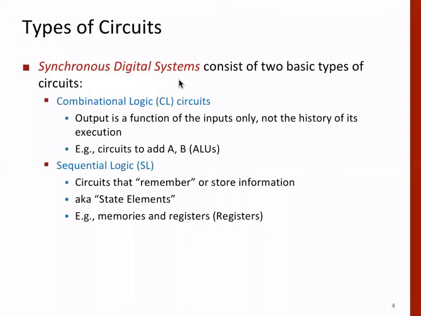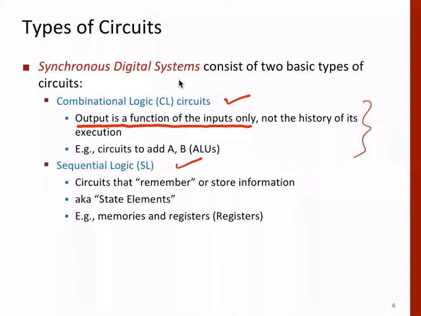I'm sure that you know the difference between synchronous and asynchronous circuits. Synchronous circuits basically consist of two types of lower level circuits. First is the combinational circuit and second is the sequential circuit. Combinational circuit is nothing but all kinds of gates interconnected with each other, like AND gate, OR gate, NAND, NOR, etc. And one important property is that output is a function of input only.